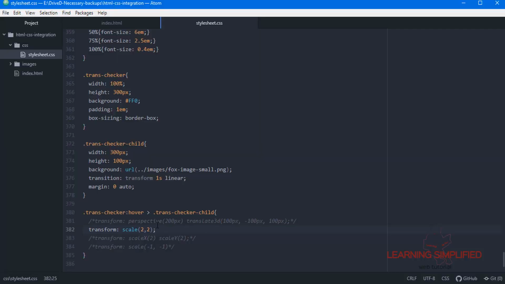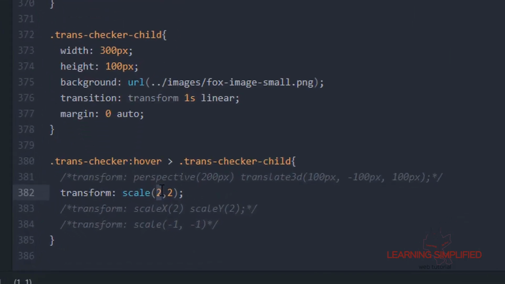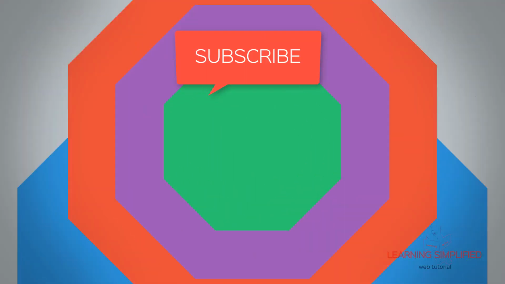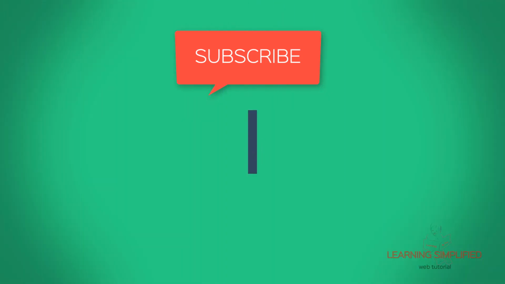Now you have to remember that in case some of this value is missing, this is the SX value and this is the SY value. So suppose that SY, if it is missing, then by default, to maintain the aspect ratio, it has to be set equal to this SX value. This is the basic thing that we need to remember each time whenever we are doing something.